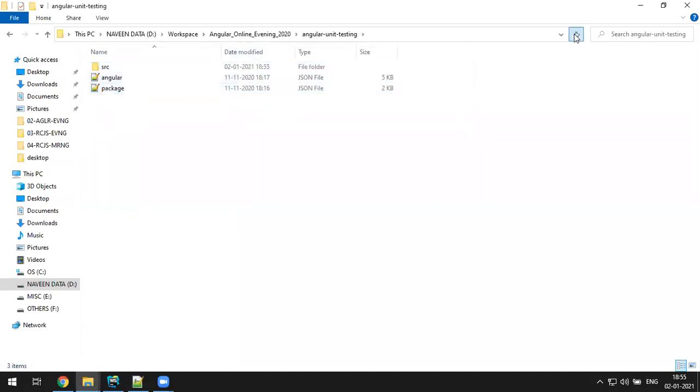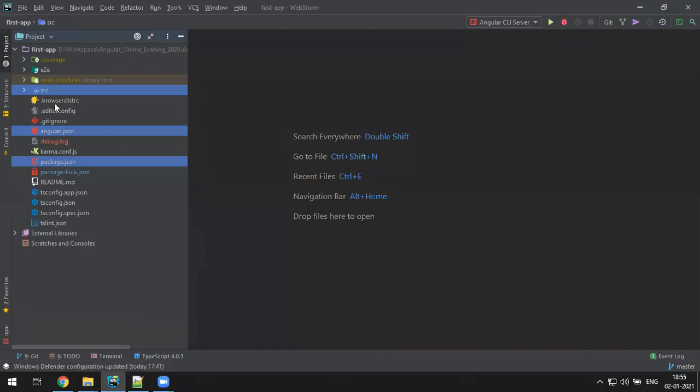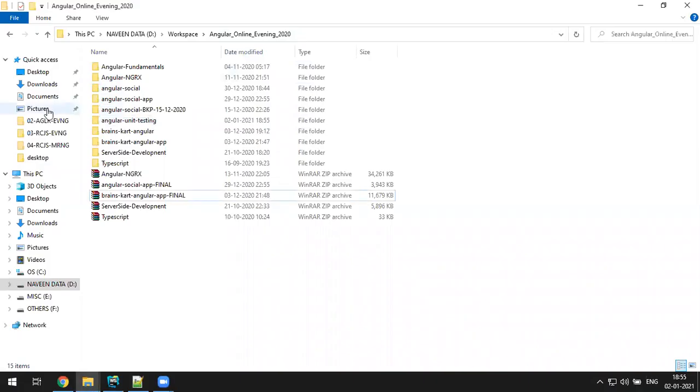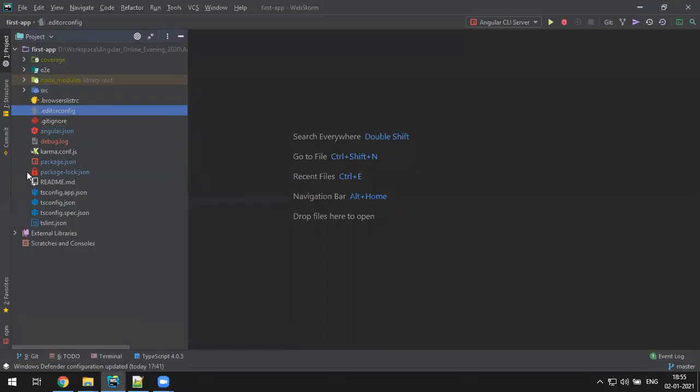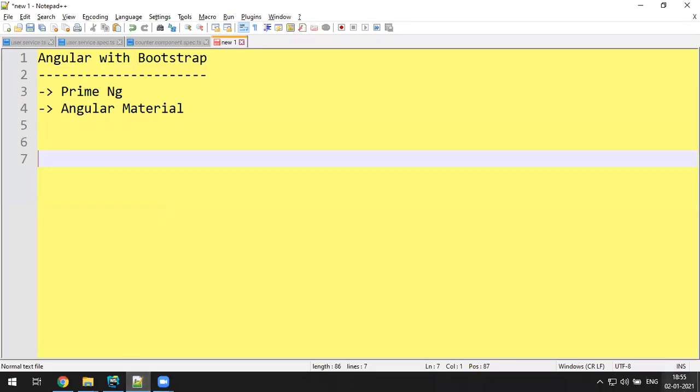Okay, this is the current unit testing example. I'll be giving that. Now I have to create a fresh project because this has been completely messed up with testing logic and Bootstrap setup. Everything is there. Okay, let's create a fresh application and we'll do it from scratch. First of all, let's create the application and take a 5 minute break, and then we'll see the remaining setup.